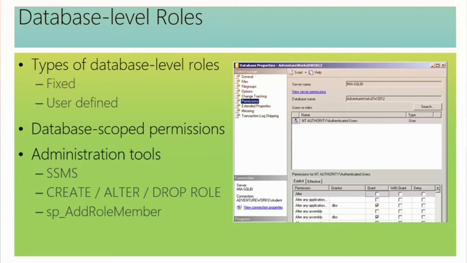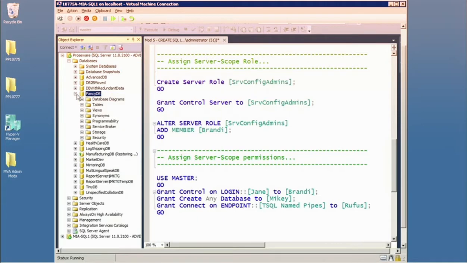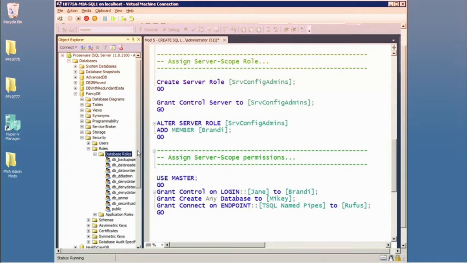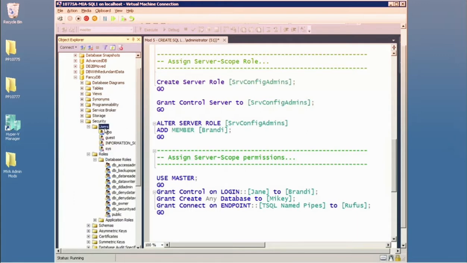In fact, if you guys will cut over to my machine, I think I'd rather just show this. So I'm going to navigate to a particular database, expand the database, go to security, and from a confusion standpoint, notice that I have security at the instance level, but each database also has its own security node. I think this can be confusing at times for those that are new to the product. So when I go to roles, I have database roles, and once again, this represents my fixed set of database roles. Okay. I also have users defined,